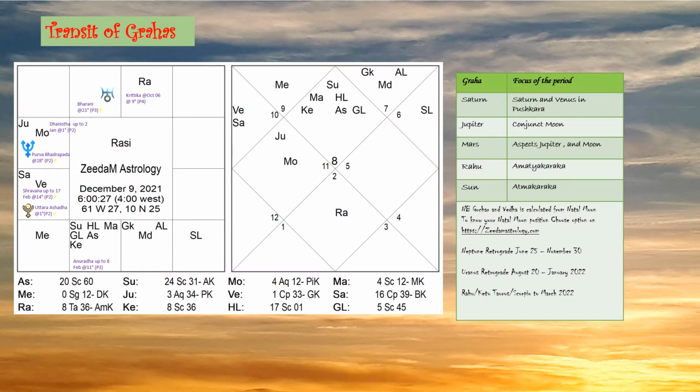Okay, we've come to the transit of the grahas for the period December 9th to the 22nd, 2021. And as you can see, we have Saturn there with Venus in Capricorn, and they're both in Pushkara Navamsha. Saturn is in Shravana, Venus is in Uttara Ashada. So you might feel that you can do anything to gain anything with Venus in Uttara Ashada, since victory is unrivaled or unparalleled. But Saturn is there in Shravana, the star of listening, so that at the